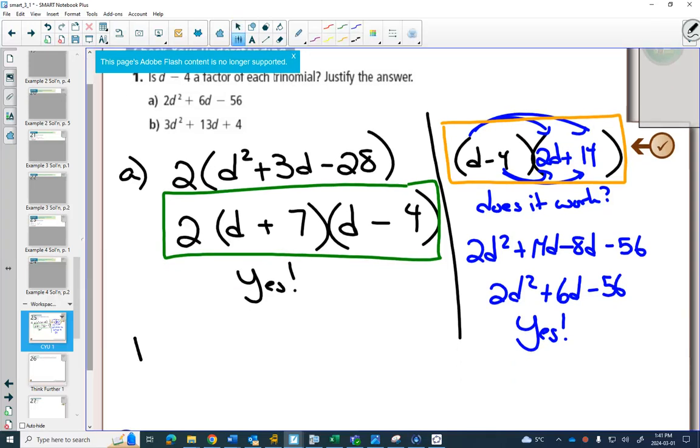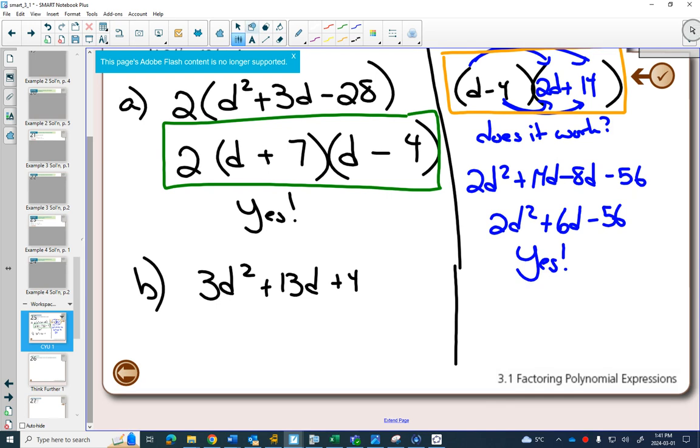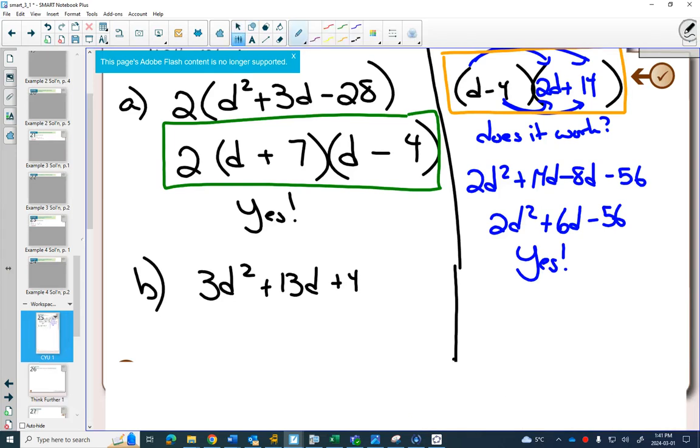Now when we go to b, 3d squared, I'm going to do this in both methods as well. But I think the second method is easier, so I'm going to start with that. So if I was using the second method, I would say, well, one of them is d minus 4, then the other one, in order to get 3d squared, would have to be a 3d there. That's the only way I'd get my first ones to be 3d squared. And if I had a minus 4 here, and I wanted a plus 4, this one would need to be minus 1. That is the only possibility to get the first ones to match up and the last ones to match up. But when I actually multiply this out,